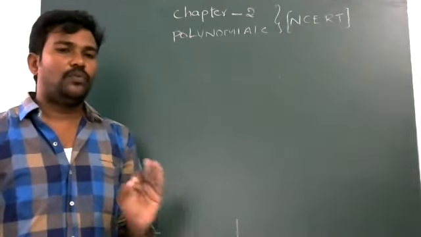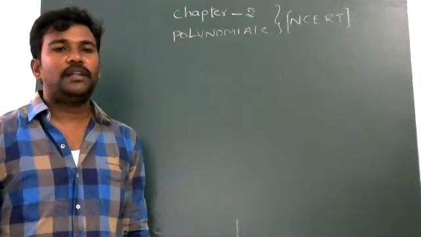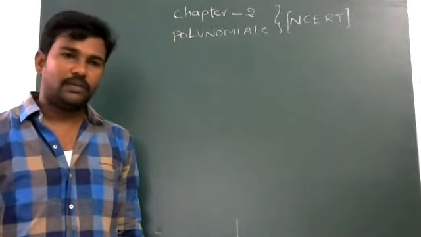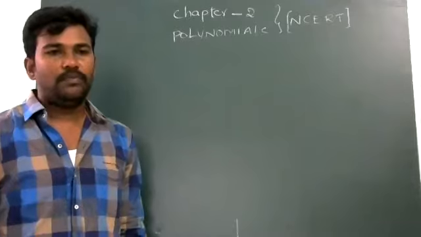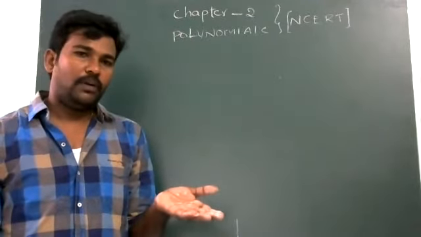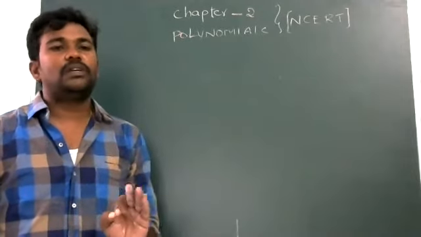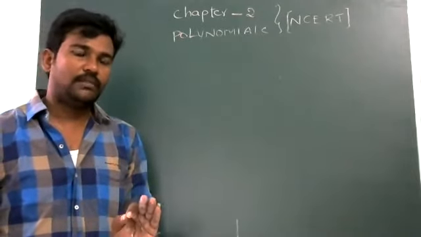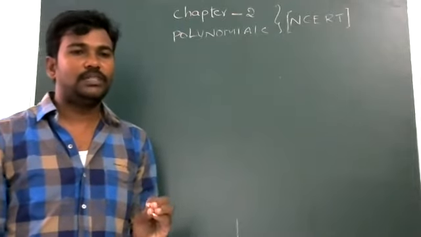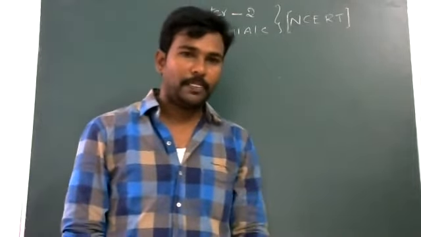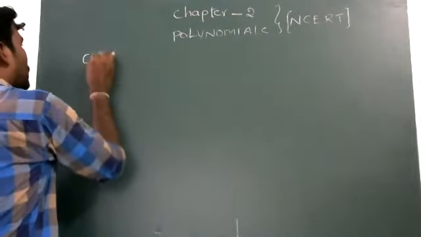First of all, you know very well from 8th and 9th classes how to find the zeros of a quadratic equation. I mean quadratic expression or quadratic equation, whatever it may be. What is the difference between a polynomial and a quadratic equation? If equals 0 is there, then it is a quadratic equation. If equals 0 is not there, then it is a quadratic polynomial. Is it clear? Now comes the next topic, cubic polynomial.